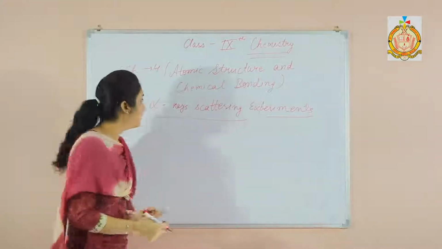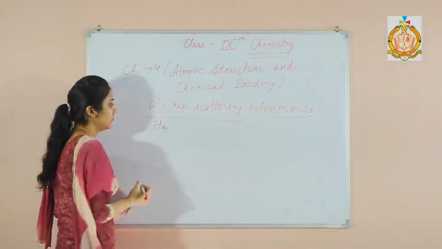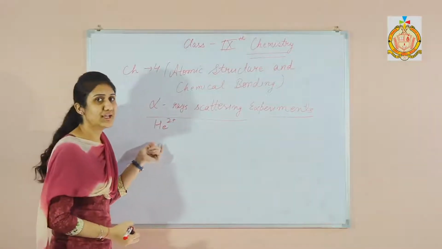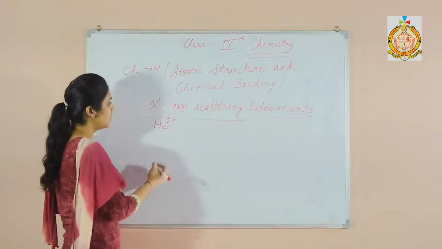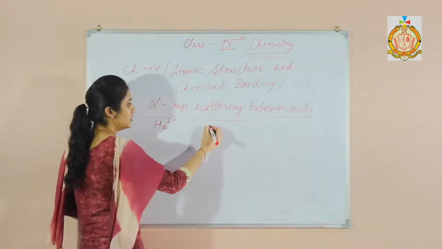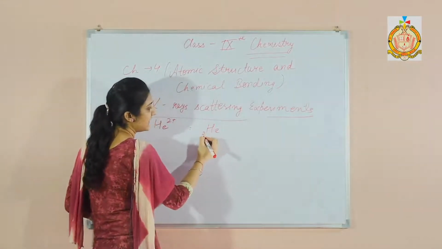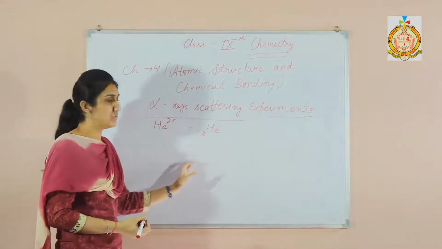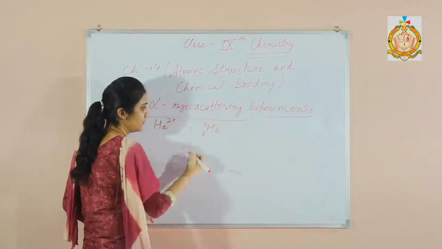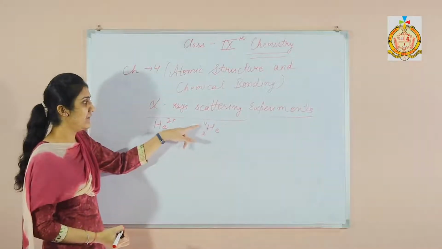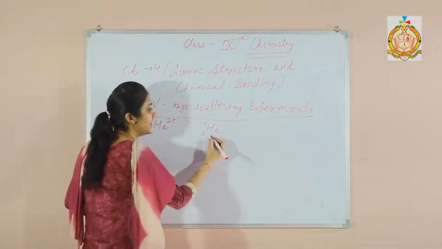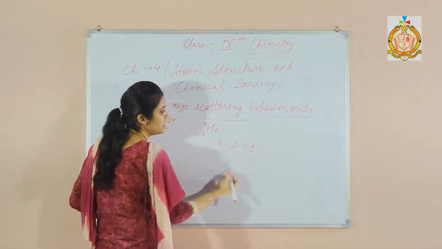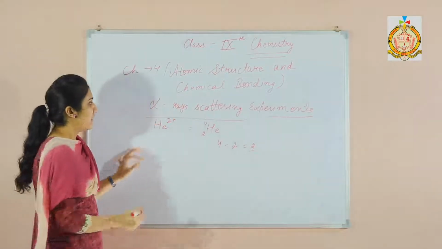What are alpha rays? Alpha rays are simply helium atoms with a plus 2 positive charge. Plus 2 positive charge means we have removed 2 electrons of the helium atom. So the helium atom now has 2 protons and 2 neutrons, with the 2 electrons eliminated. So its mass is 4, that's why it has 2 protons and 2 neutrons. Atomic mass minus the number of protons gives us the number of neutrons. So 2 neutrons, 2 protons. This is the alpha particle.